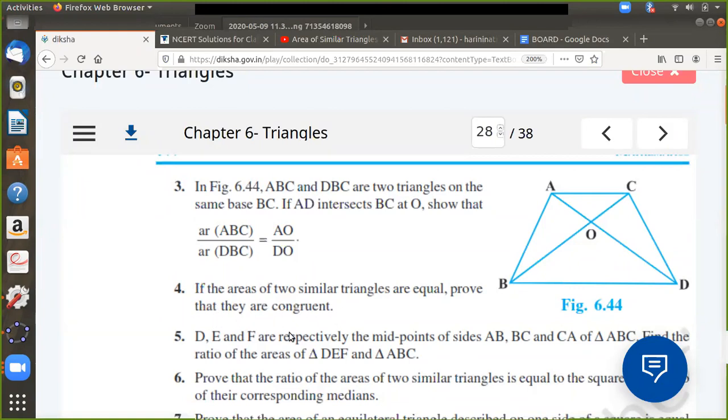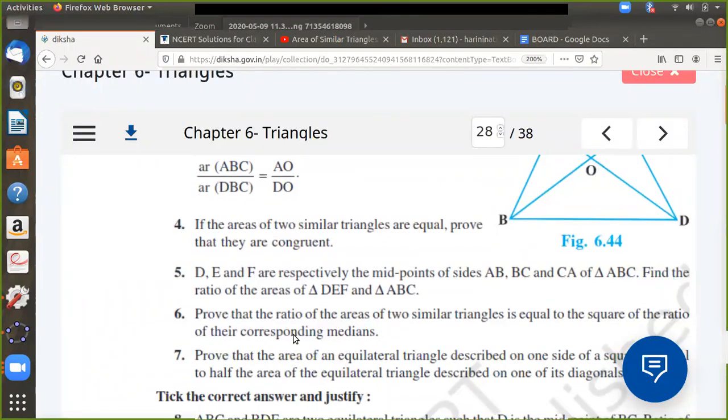Fourth one. We have 3 more left over. Let me see how many we can do. Now take on the fourth one. If the areas of two similar triangles are equal, then prove that the triangles become congruent. So areas of two similar triangles are equal. So if I take their areas and start,